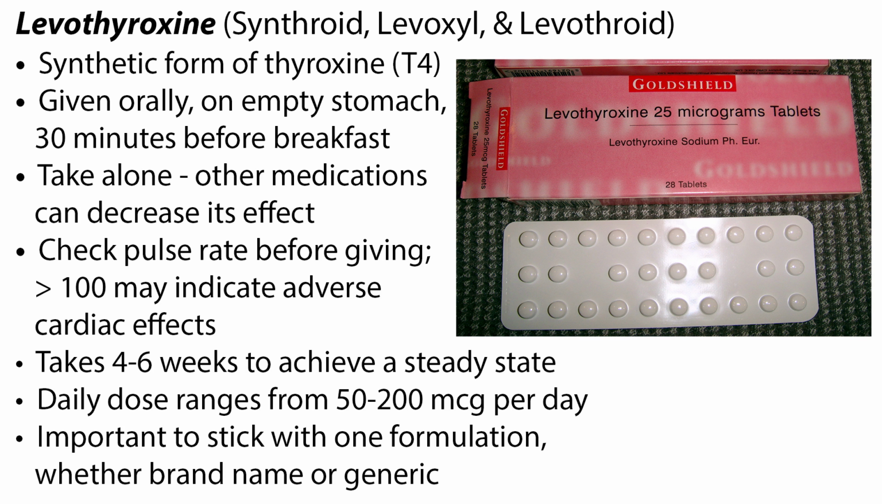It takes approximately 4 to 6 weeks to achieve a steady state after initiation of the drug. For most patients, the daily dose ranges from 50 to 200 micrograms per day. Different formulations at the same dose can result in different TSH values in an individual. Therefore, whether brand name or generic, it is important for the patient to stick with one formulation. For congenital hypothyroidism, or cretinism, drug therapy should be started within 6 weeks of birth and continued for life, or